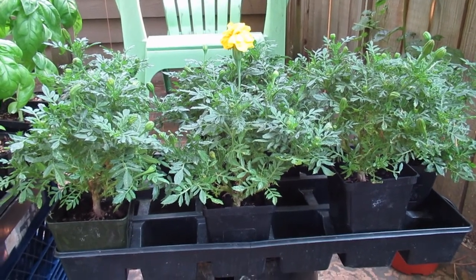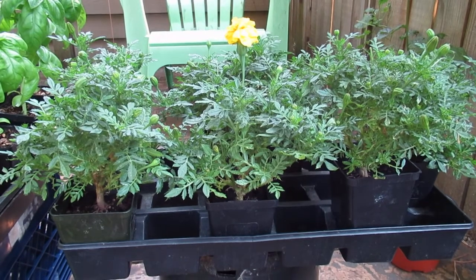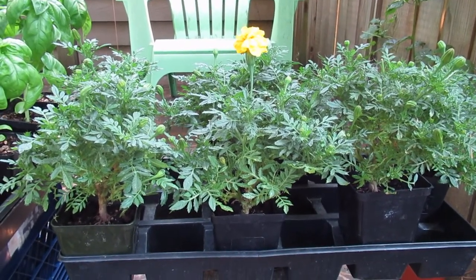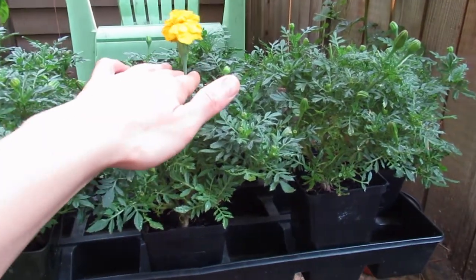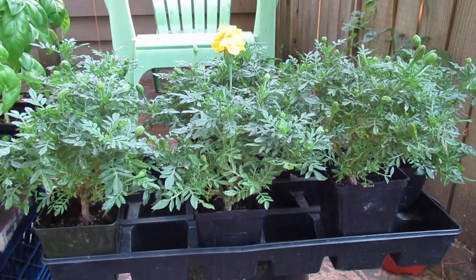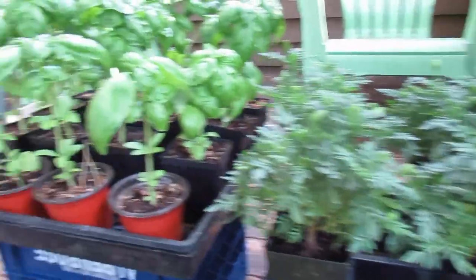They had a wonderful flush of blooms that I've deadheaded, and now you can see they're covered in buds again. So I'm about to cut this one off to bring into the garage for drying. That's the last flower from the first wave. Over here,